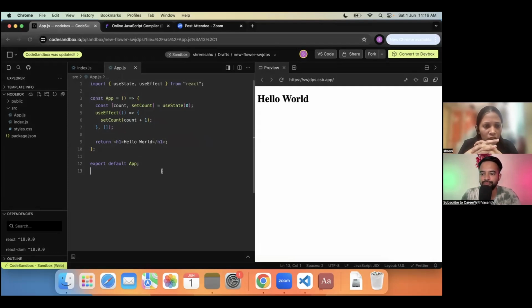It would be 0 when the page loads initially, and after rendering it will become 1. Yeah, I get how it works behind the scenes. Let's say I run the code. I'm not going to see 0 and then 1. When I run the code, I'm going to see some value on the screen. What is that value? 1.